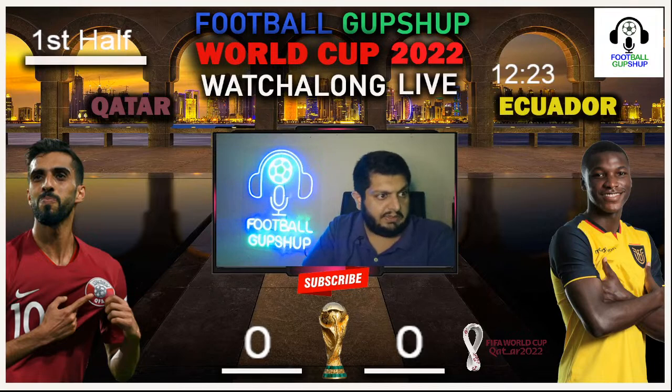Right now, you can clearly see Ecuador once again on the ball. You can clearly see the ball being passed back to Stupinan, Stupinan to Quesedo, Quesedo back to Stupinan, and this is getting more interesting. Right now, Hinkipi with the ball. Let's see what is going to happen. Being pushed all the way towards the right. Right now, the ball is being pushed forward. Ecuador once again on the ball. This has been moving towards the left flank, and the ball has gone out.